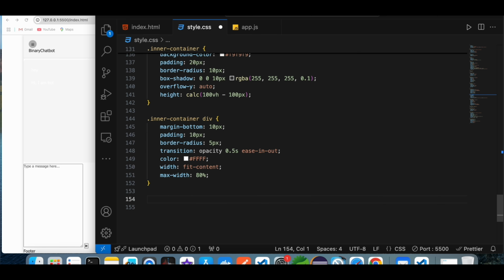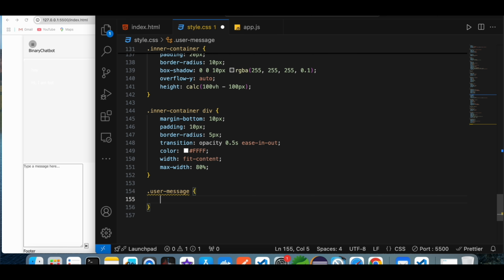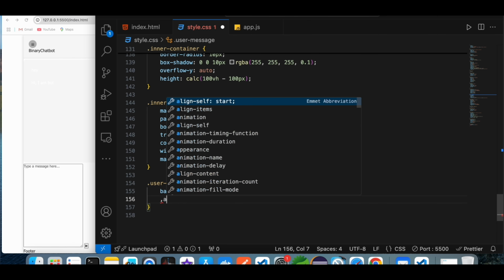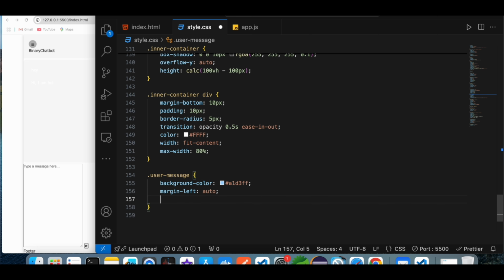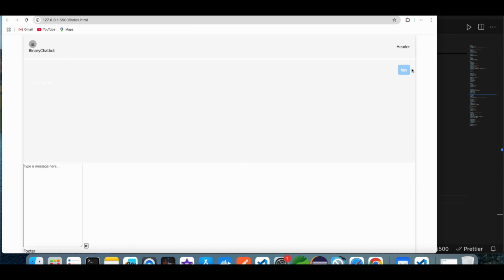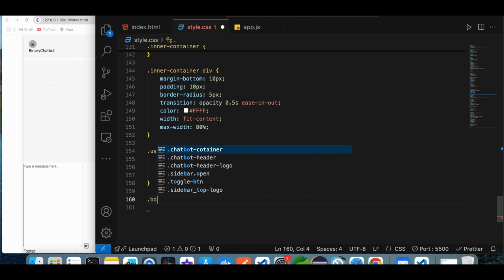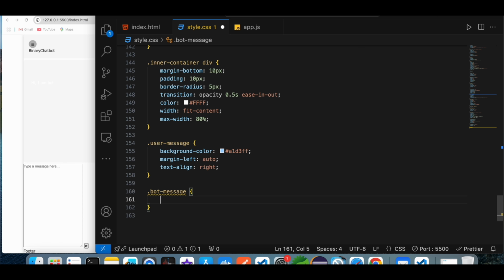Next, style your div of what, user div or user message. So background color of that div is blue, something blue, and margin left is auto. Text align right. This text align here I use right, so this div is aligned to the right side of your screen. For the bot message I use a different color, background color is like a grayish one,